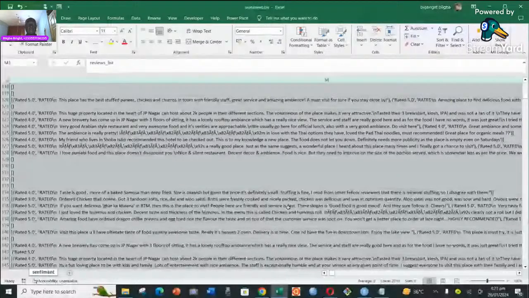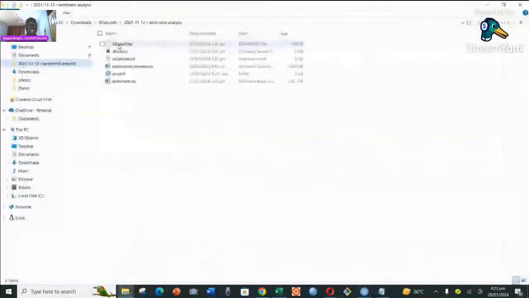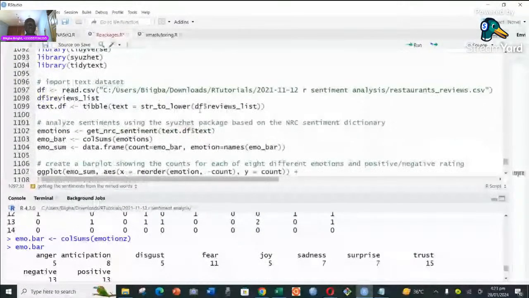And so let's get back to R. I've already got the data, which is saved here, and you can see the directory. This is the data set, as you can see, sentiment.csv. If I go back to R, and you want to follow this tutorial, make sure that you know the working directory in which you are. Here you can see that it is found under my downloads,